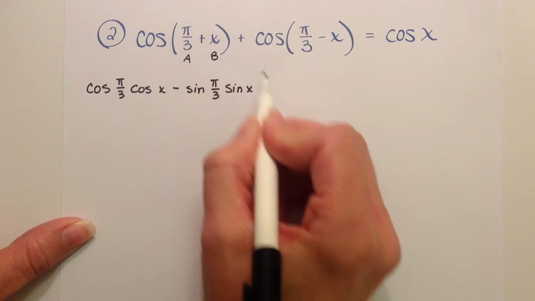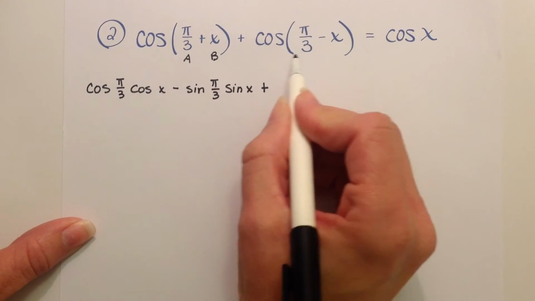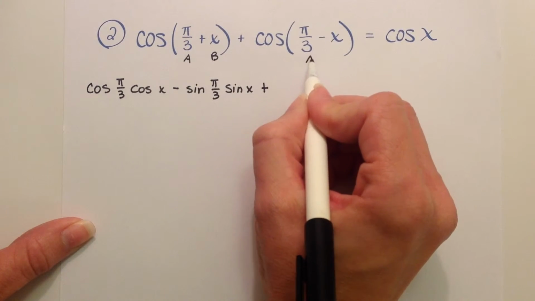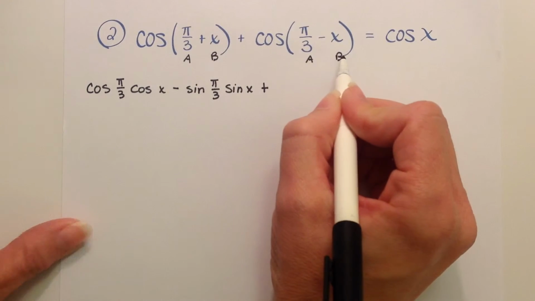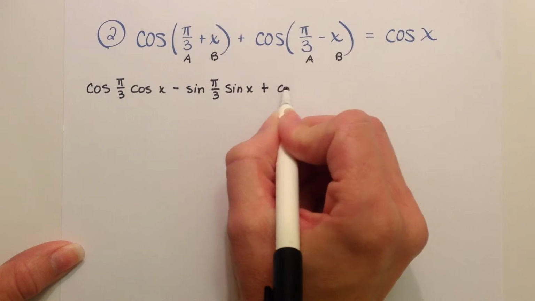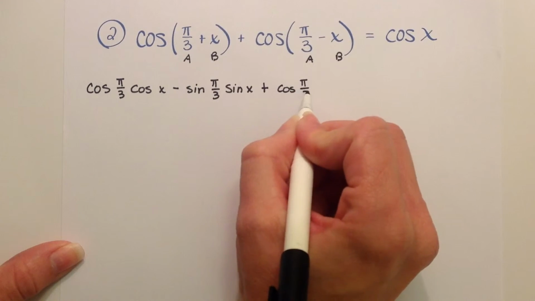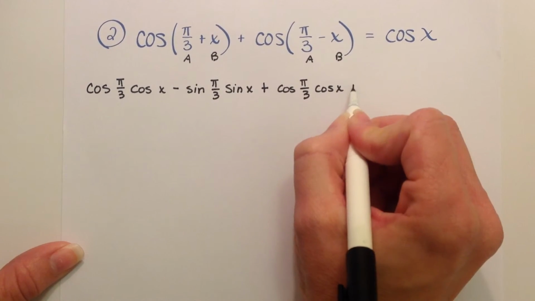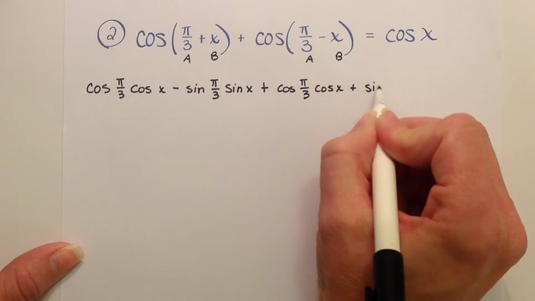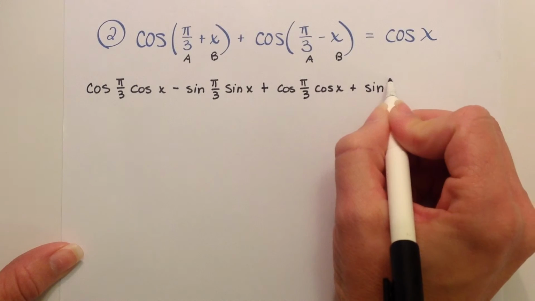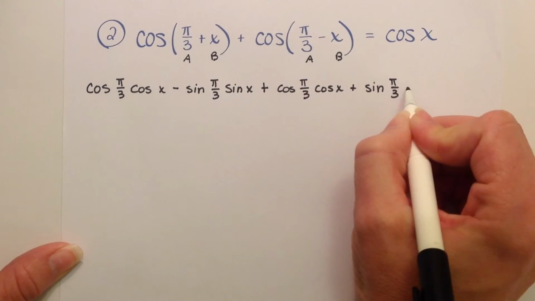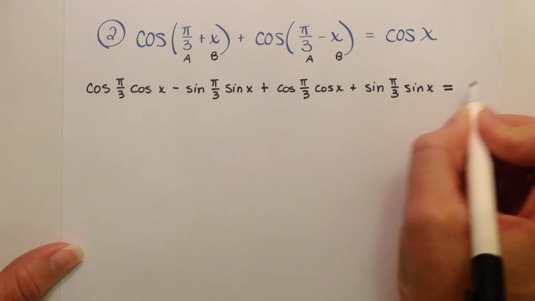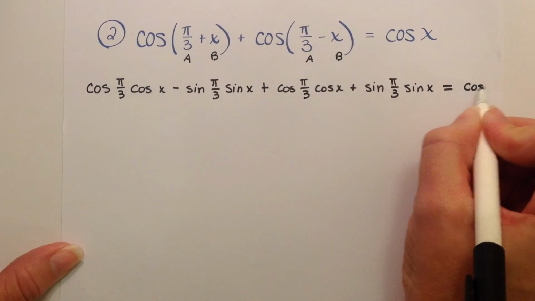So now I bring down this addition sign, and now I follow the difference identity for cosine. So this is the A, this is the B. So I would have cosine of pi over 3 times cosine X plus sine of pi over 3 times sine X. Of course, when I'm done simplifying this, I hope it simplifies to be